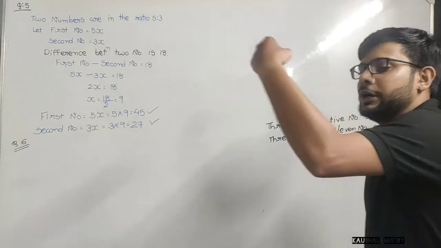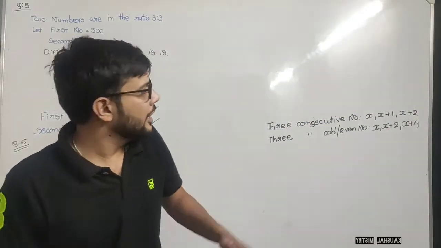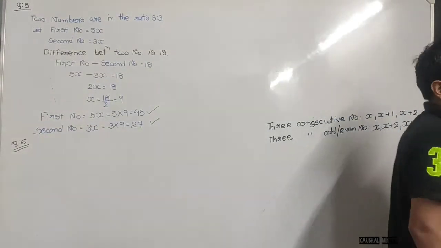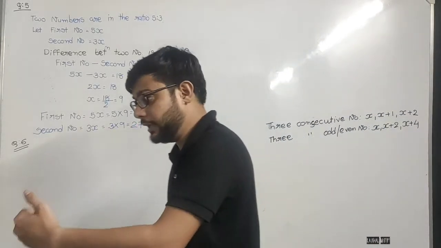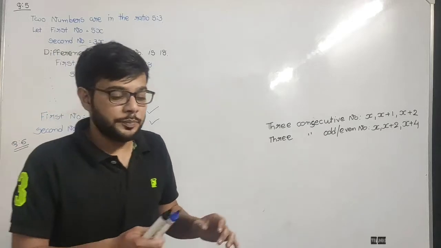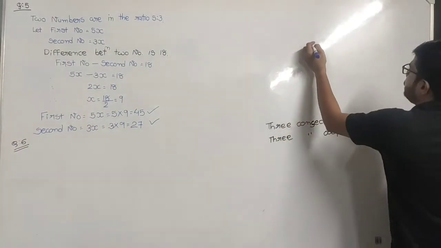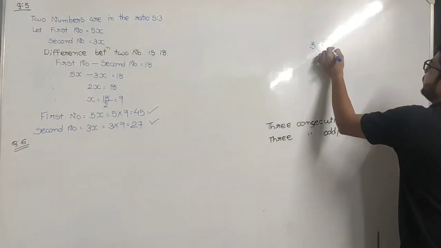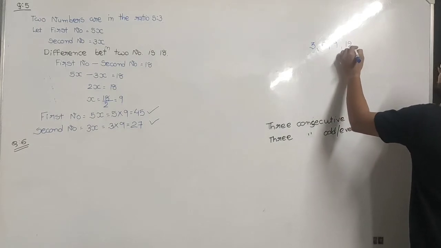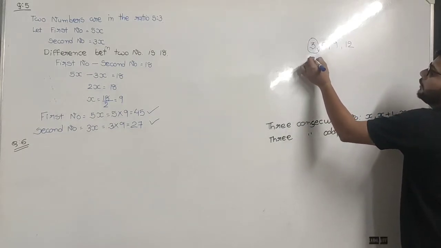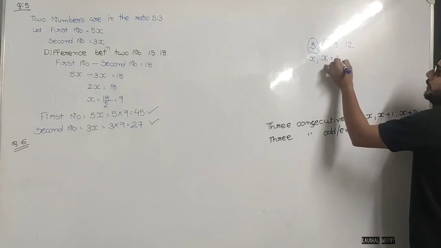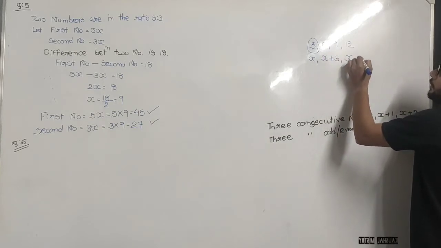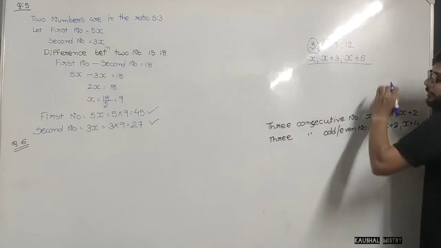3 consecutive multiples of 1, that will be x plus 1. But if it says 3 consecutive multiples of 3, multiple का मतलब क्या होगा, 3 का टेबल. So 3, 6, 9, 12 ऐसे आएगा, मतलब पहला नंबर x होगा तो दूसरा उससे 3 बड़ा होगा, तो that means x plus 3, and third x plus 6 होगा.